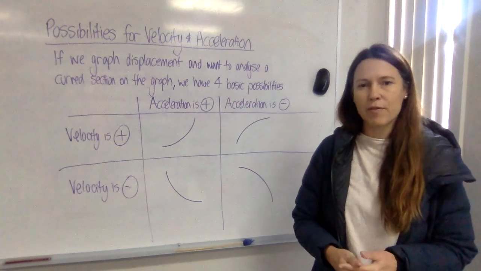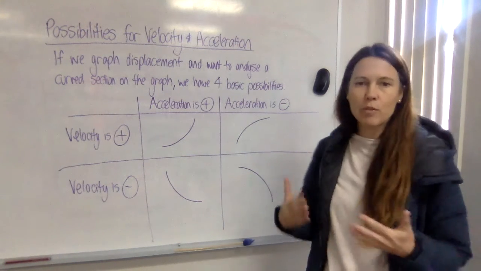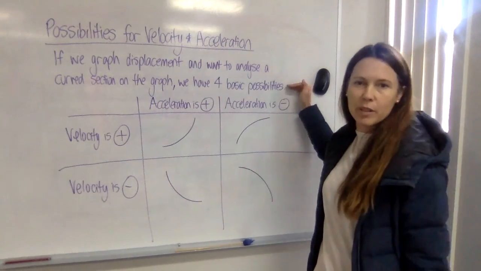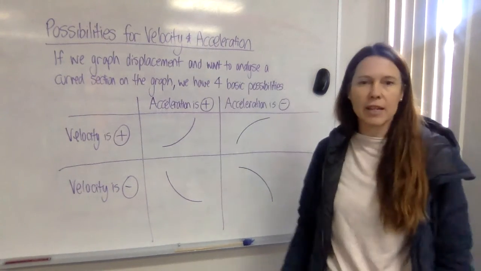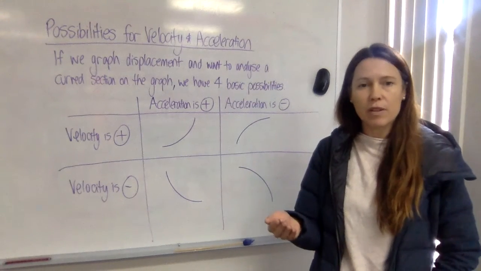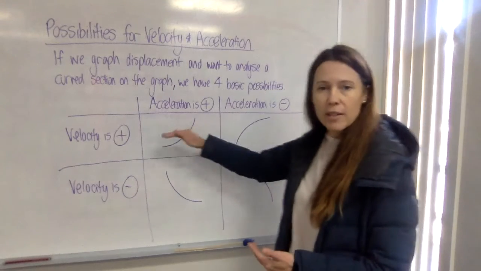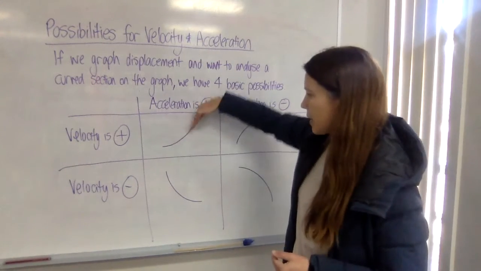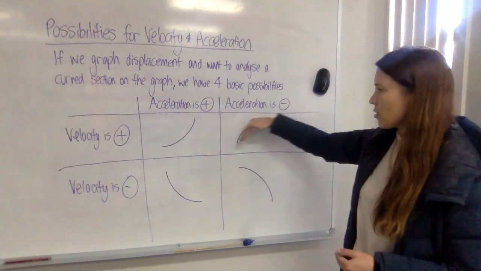Now, if we have a graph of displacement and we've got some sort of curved section that we want to analyse, then there's four basic possibilities for what's going on with the velocity and the acceleration. Now, remember that velocity is the first derivative of displacement. So if our section of graph of displacement has a positive gradient, which both of these do, then we can